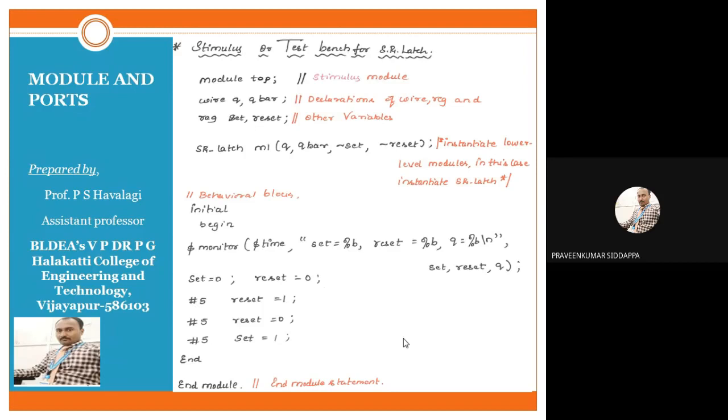Okay, so after that, within the brackets, you should write what all are the inputs and what all are the outputs for that particular code. Up to the fourth line, what did we do? We are writing the test bench. The first line is the syntax, for the second inputs, for the third outputs, and next we should invoke your code. For that purpose, we have written the fourth line.